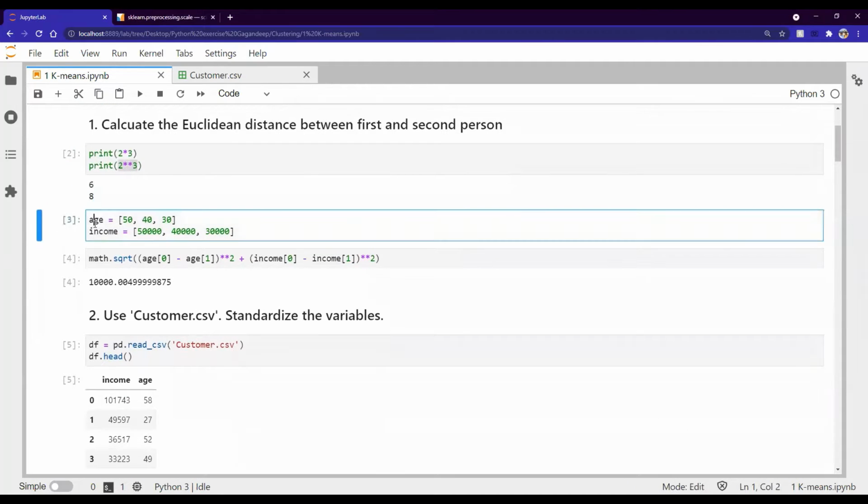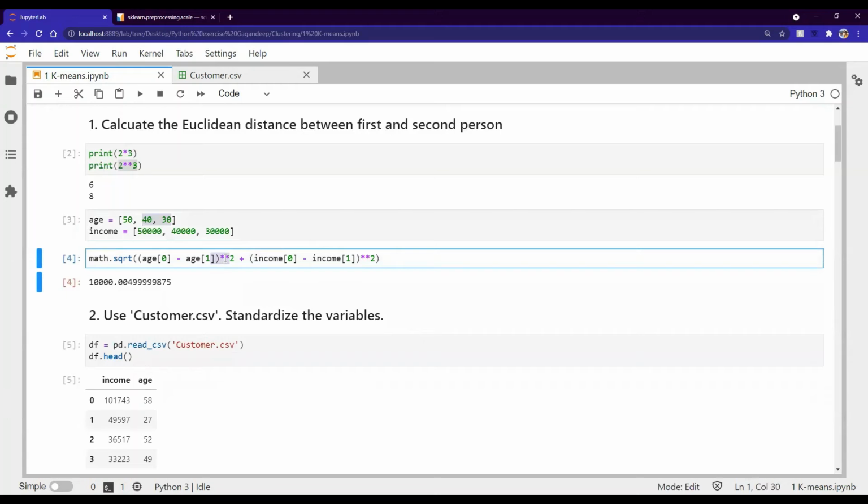Now we have been given age and income, these are the two columns, and there are 3 rows: 50, and correspondingly the income is 50,000, and 40, 40,000, 30, 30,000. And we are simply calculating the Euclidean distance, which is x2 minus x1 whole square plus y2 minus y1 whole square.